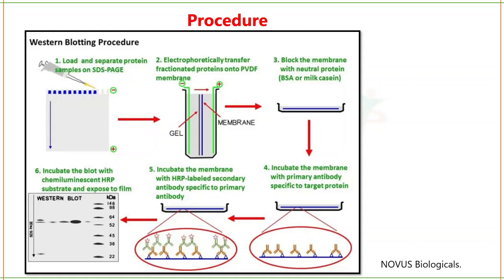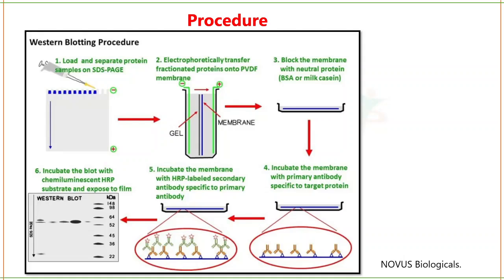We cannot afford a false result because this is a very big technique and you should do it with so much precision. SDS-PAGE will take a lot of time. Similarly, Western blot is going to take a lot of time. And you are going to do this experiment with so much accuracy, so much concentration. You cannot afford to make a mistake. False positive is not a case to be considered at all. So in order to avoid the false positive, we will block the membrane with BSA. It will not bind to the antigen, but wherever free space is present in the membrane, it will go and bind. Same principle which we studied in ELISA.